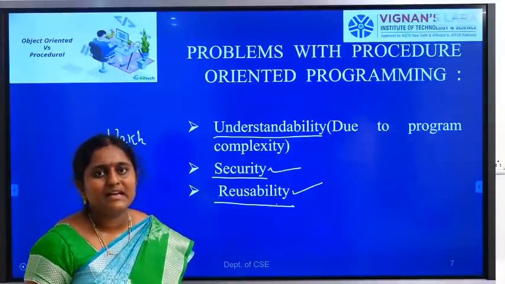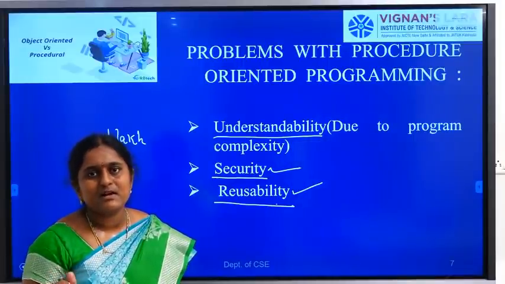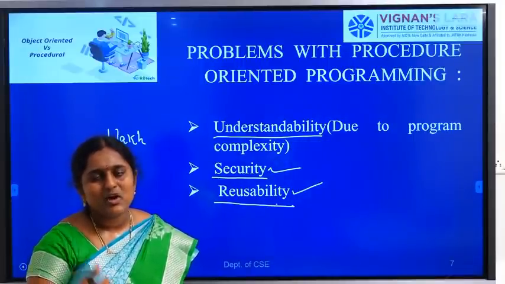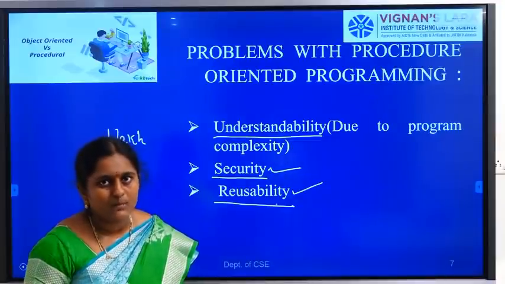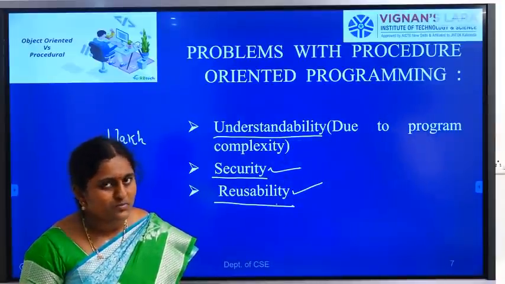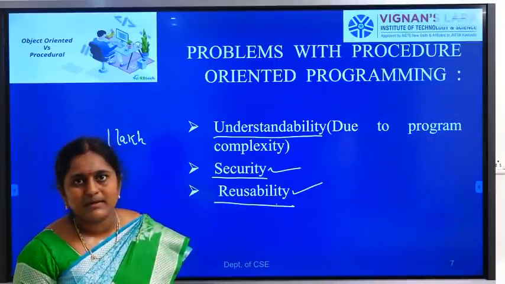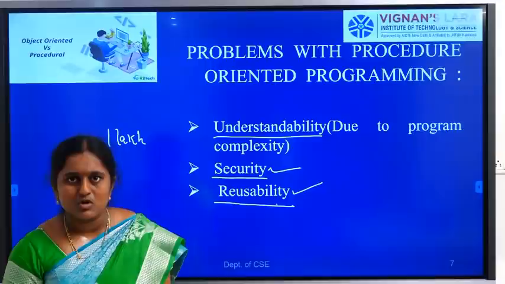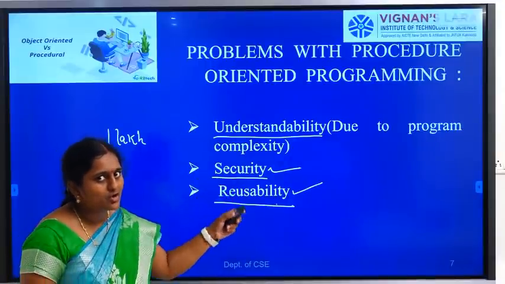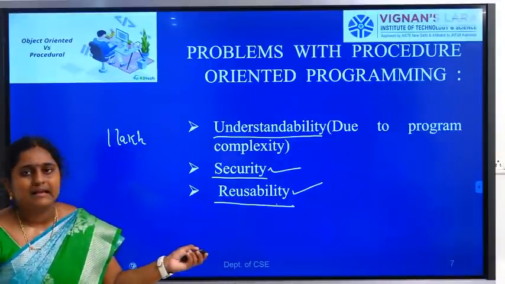In these two applications, the person is the same. If I need the code for person properties, it is not possible in procedure oriented programming language, because reusability is not available in the procedure oriented programming language concept. These three are the drawbacks of procedure oriented programming languages.